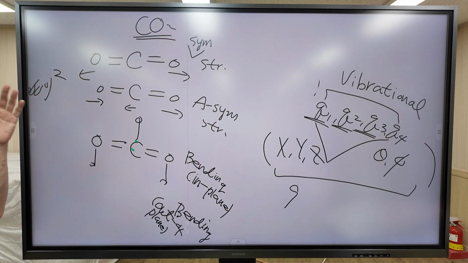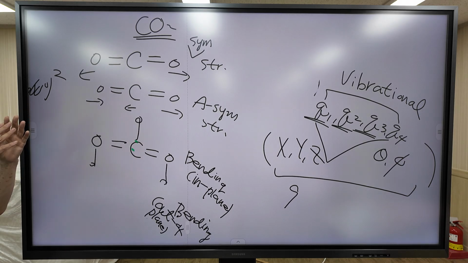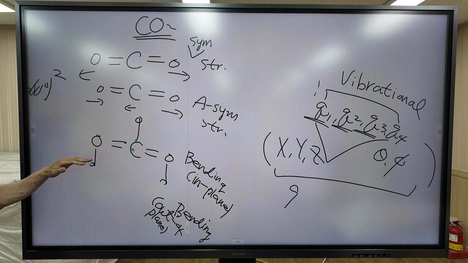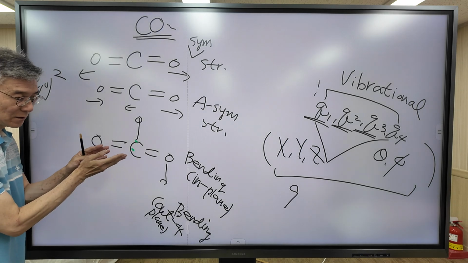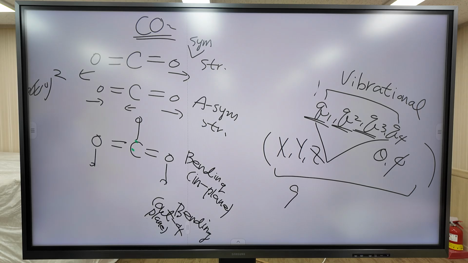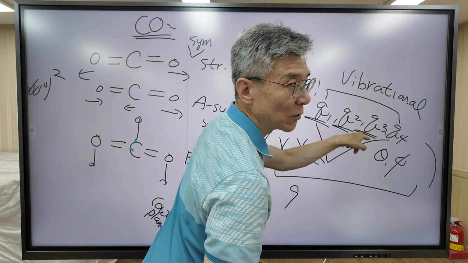You may recall the p orbitals. There are 3 types of p orbital: same shape, but different direction. But each is separately treated. So it is the same bending motion but in a different direction, and it is independently treated. So anyway, in this way, CO2 has 4 vibrational modes.